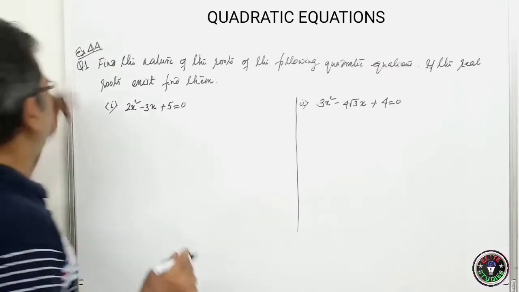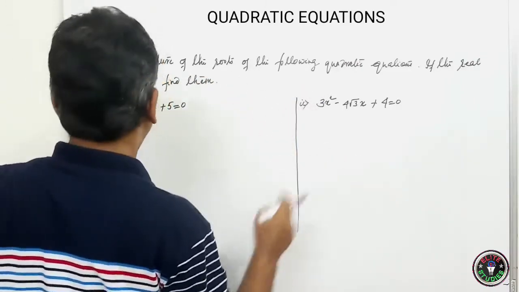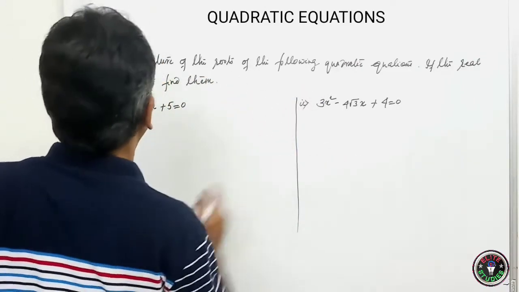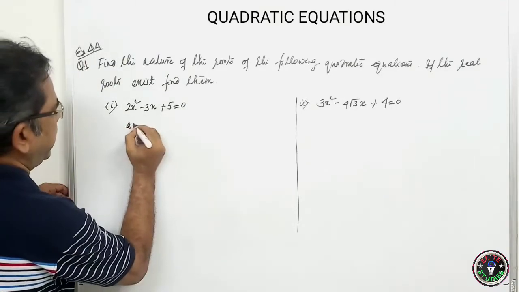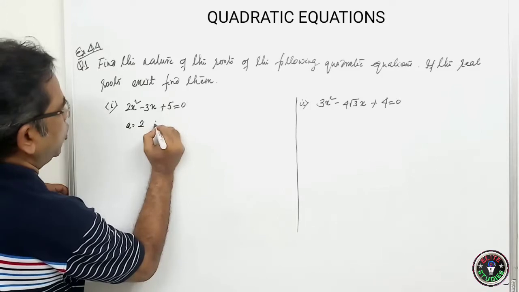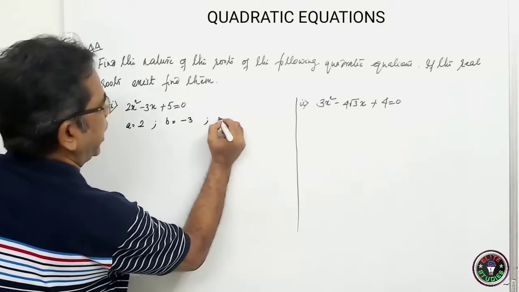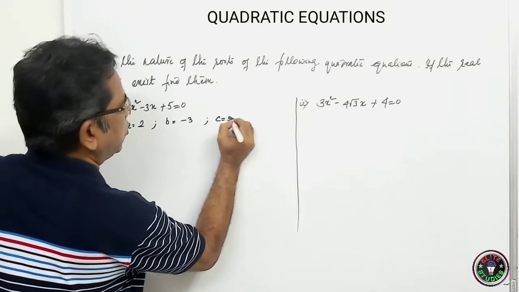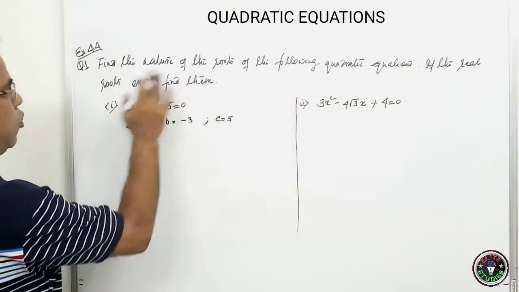Now let us do question number 1. Find the nature of the roots of the following quadratic equations. If the roots exist, find them. Okay. Now here, what to do? First of all, write a is equal to 2, b is equal to minus 3, and c is equal to 5. First of all, you have to check whether the roots exist or